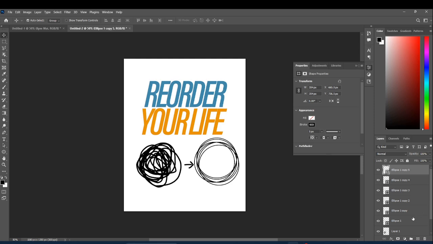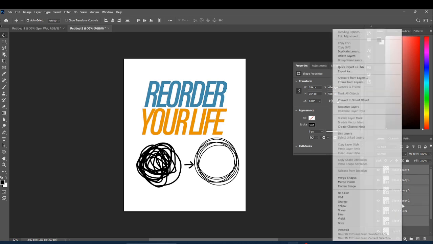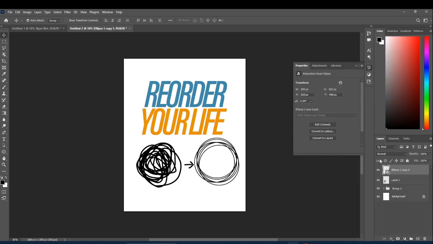So you want to select all your circles. You select the first one, you hold shift, you select the last one, and then go to option, convert to smart objects, so it becomes one. Then you want to group the brush and the circle. Control G, just call it